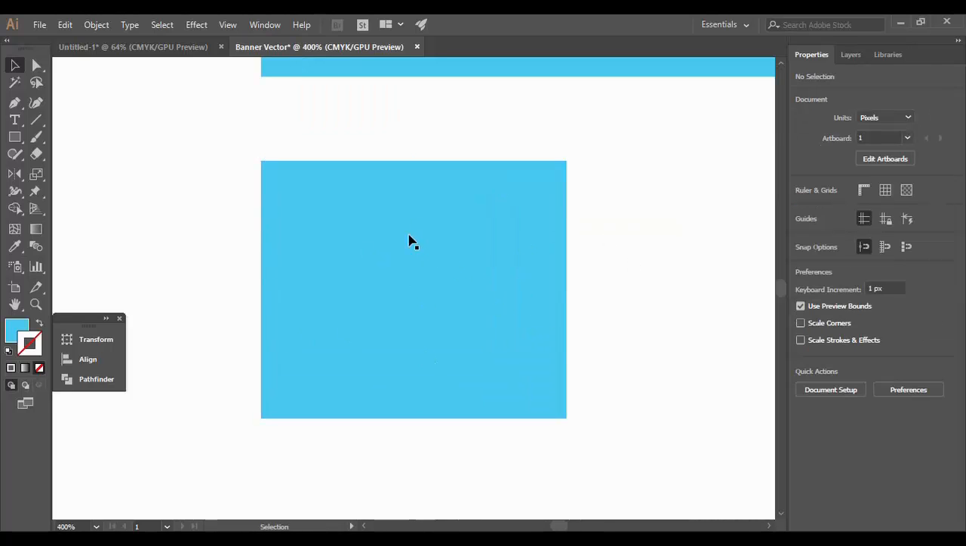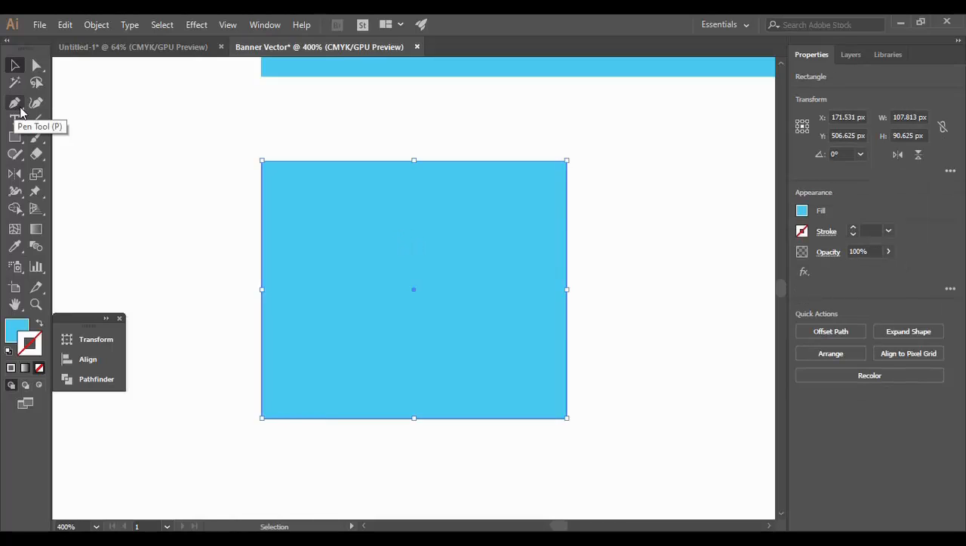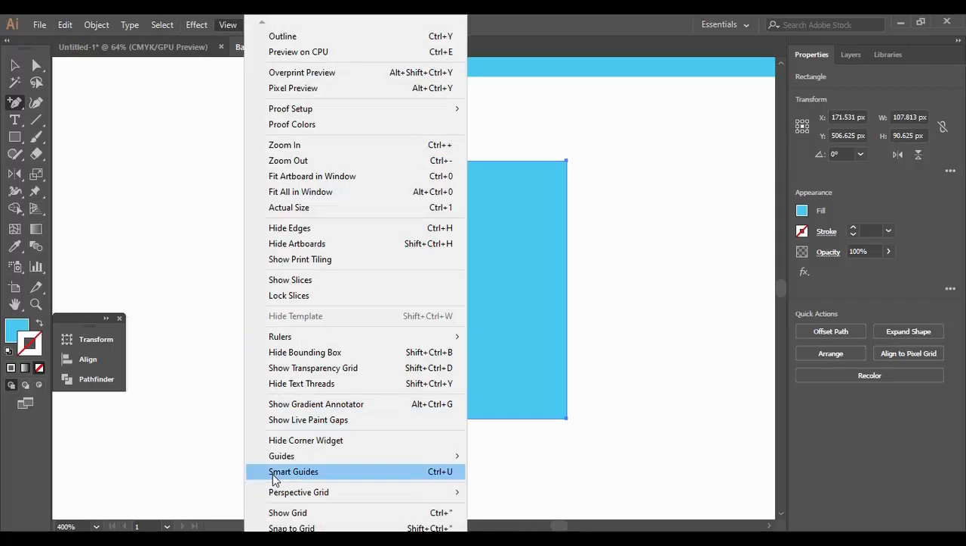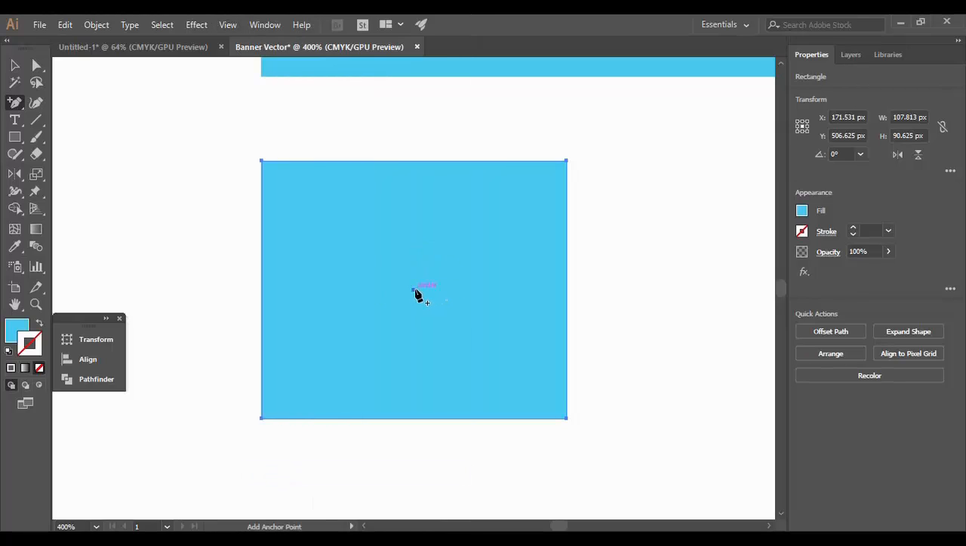Now once you have got it, you can zoom in so that you can get a better view of this particular shape. Then go to your pen tool, right click over this small arrow and here you will find the Add Anchor Point tool. Just click on it and drag this Add Anchor Point tool to a point at the center of this particular shape. Make sure that when you go to View and turn on your smart guides, you can see that these smart guides are visible all over the place. So just click over here with the Add Anchor Point tool,